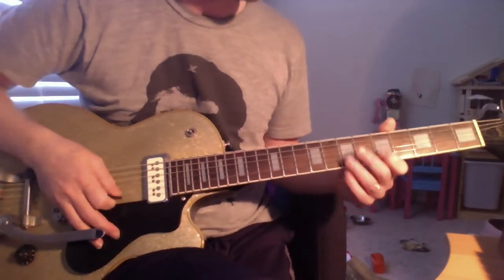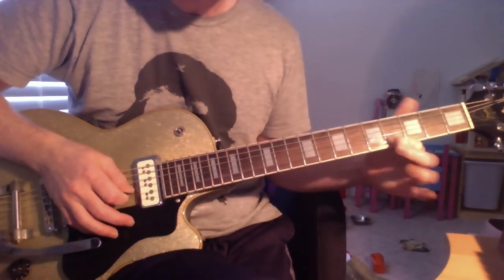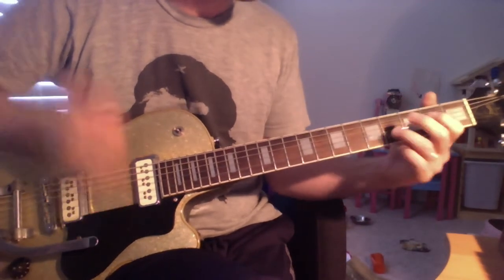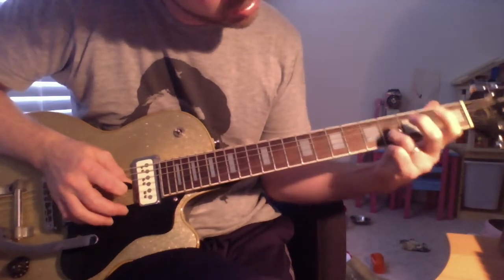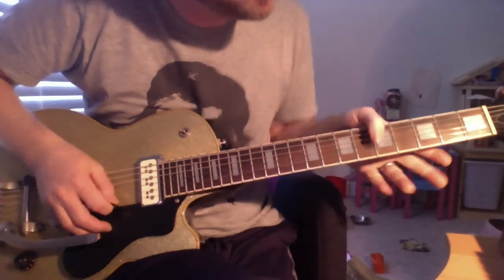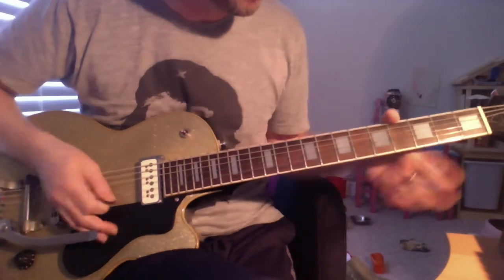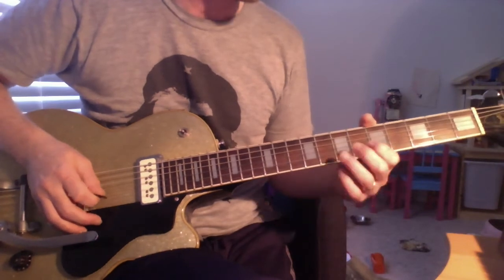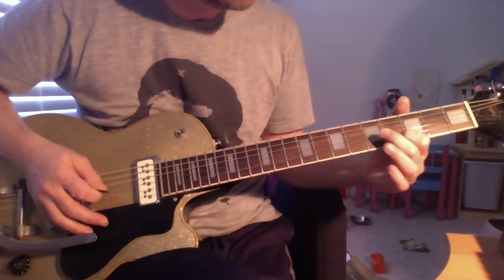And that's that little first piece. It does the hammer on, and then a slide back to that 4th position. And then it does another hammer on from the 2nd fret to the 4th fret, and then I use that ring by hitting that open E string. Instead of hitting that one, I hit that one, because it allows me, whenever I go to that next phrase, which is again in the 5th position,